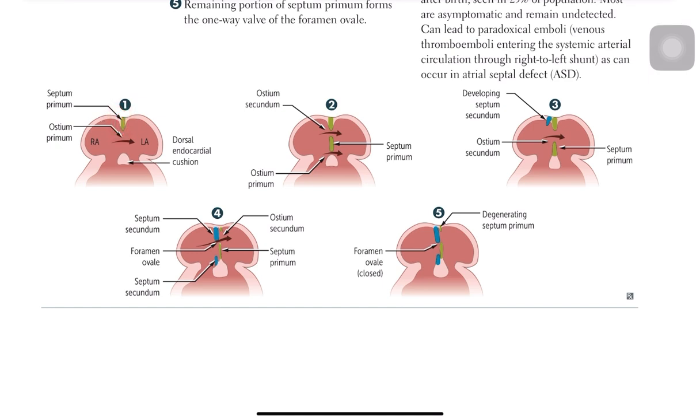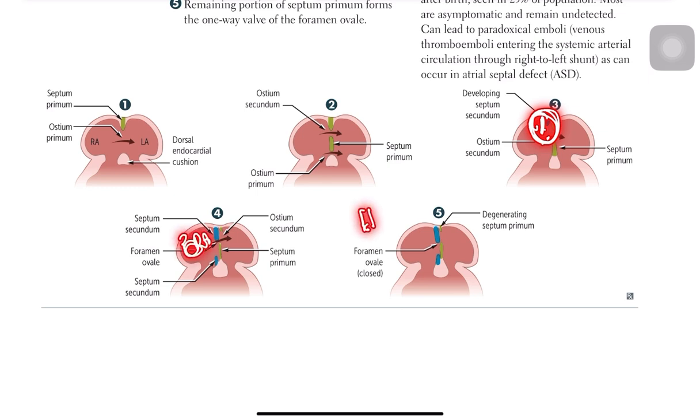First, initially you have ostium primum, which is covered by septum primum. The septum primum is not viable. What would happen is there is a defect within the septum primum, which is nothing but your ostium secundum. To close this ostium secundum, you have septum secundum, which is developing on the right side. So as the baby comes out of the mother's womb, the lungs resistance would decrease,